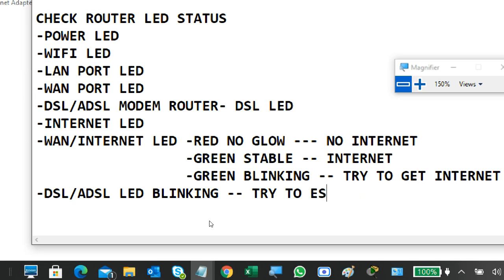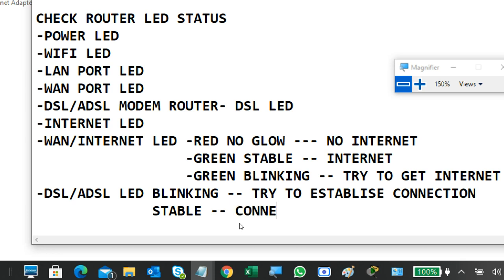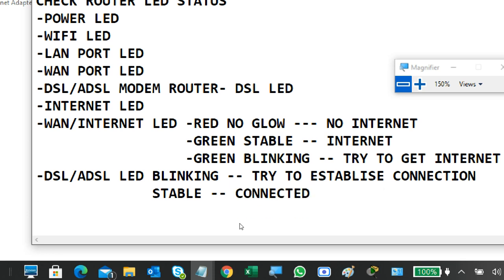What to put, yes, establish connection. Okay, it's trying to get connections. One stable, connected, but still